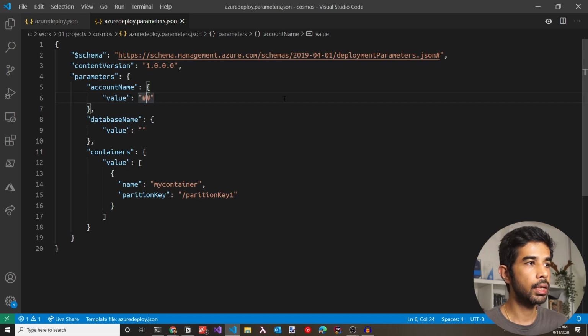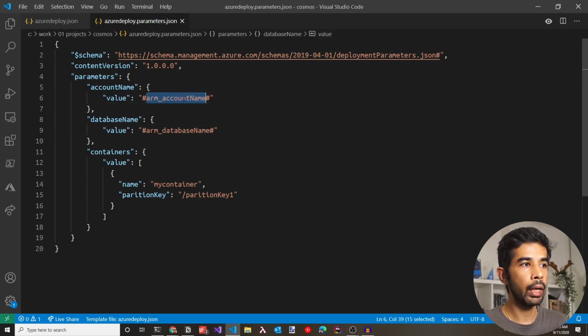So let's name this as ARM_account_name. You can name this whatever you want and keep the variables in DevOps similar. I have used ARM_ just for consistency and making it explicit that this is an ARM template variable. Similarly, for the database name, let's use hash and specify ARM_database_name.